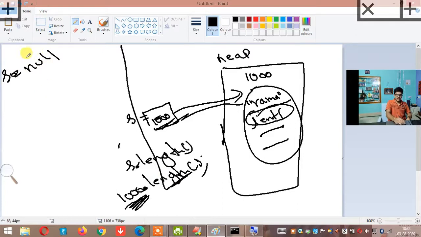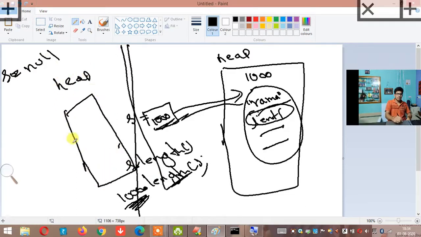Now if I tell s is equal to null, what does it mean? How is the memory allocated now? This is my heap, right? If s is equal to null, will the object be present, and will null be there inside it? No. I want you to understand, if s is equal to null, it means that no object is created.